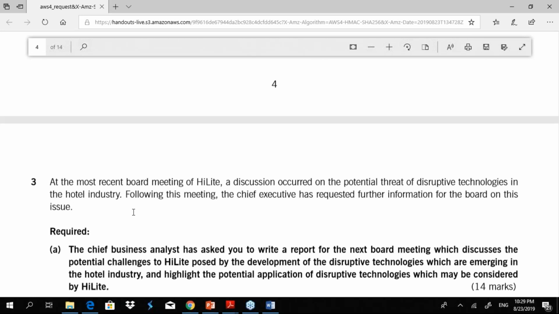The number of marks will indicate how many points you write. If there is time, or manage your time well, give more points. So even if some points are not up to mark, you have sufficient points to support or to get more marks, right? So manage the time. That's very important when it comes to case study exams, because you might end up writing a lot, or sometimes little, trying to think.